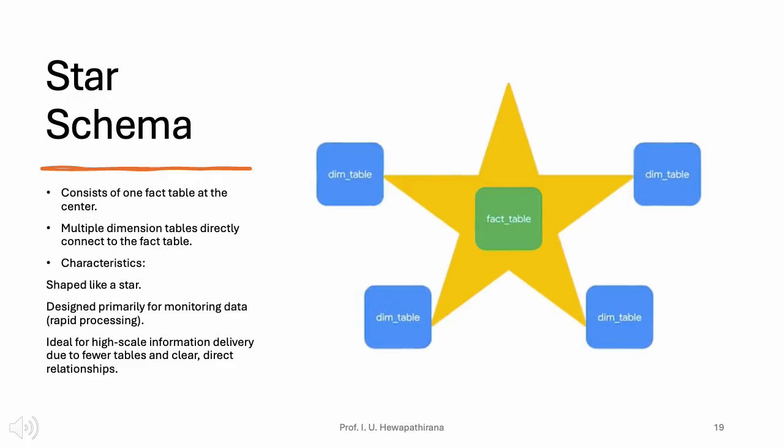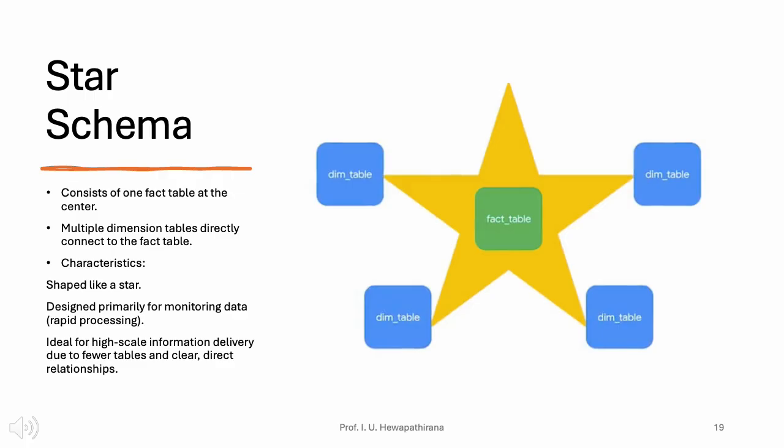It consists of a single fact table at the center, directly connected to multiple dimension tables, an arrangement that, as the name implies, resembles the shape of a star. Star schemas are designed primarily for monitoring data rather than deep analytical exploration, which enables rapid data processing. They are particularly well suited to high-scale information delivery, owing to the limited number of tables and the clarity of